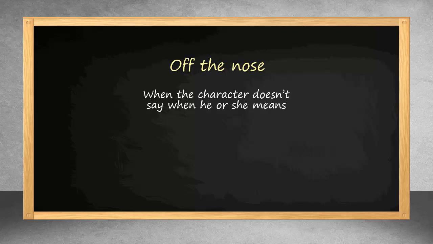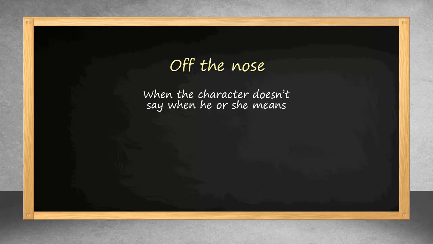So when we're doing our dialogue and our action tags, we need to at times have things that are off the nose. For example, two people are talking and one says, "What's the matter? Aren't you feeling well today?" And the other person says, "Oh, I'm feeling just great." We don't know exactly how they said that. But when you add the action tag of they slammed the book down on the table or they kicked the chair back into place, then we know that what they said is not necessarily what they mean. So you want to look for that in your fiction and try to add that. And the reader, of course, is at least as intelligent as the writer, and the reader will pick up on that.